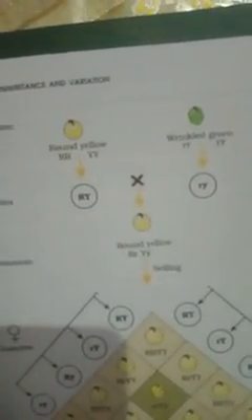This is the allelic combination in which capital RR is for round, capital YY for yellow, small rr for wrinkled, and small yy for green. When we establish the cross, one allele capital R and one allele capital Y come from the dominant parent, and one allele small r and one allele small y come from the recessive parent. After crossing, the first generation offspring is capital R small r, capital Y small y, meaning the phenotype will be round seed and yellow color seed.